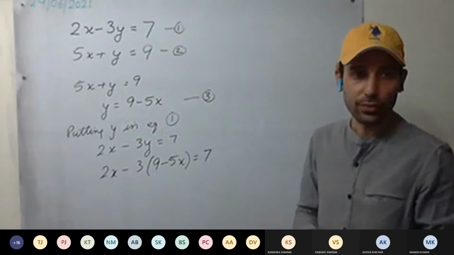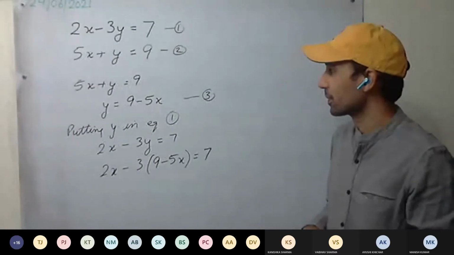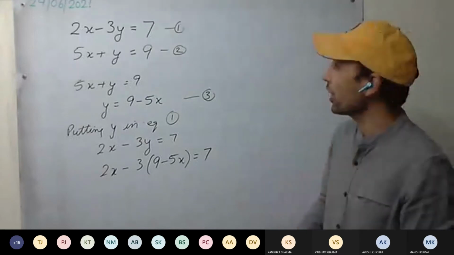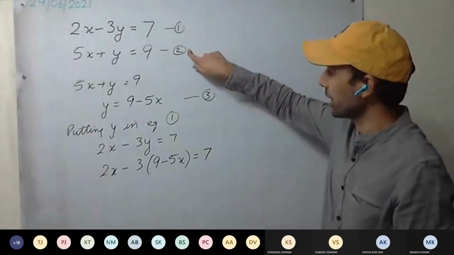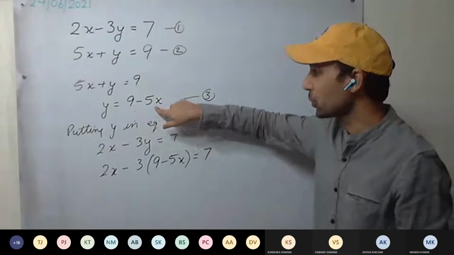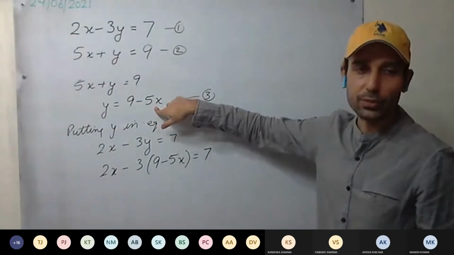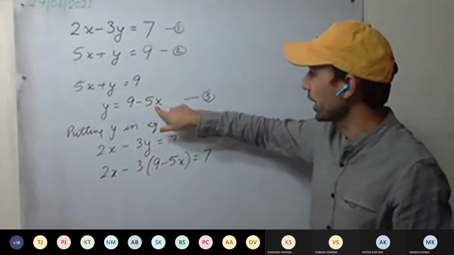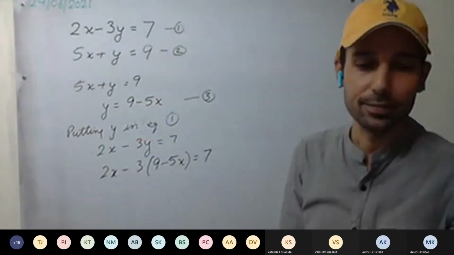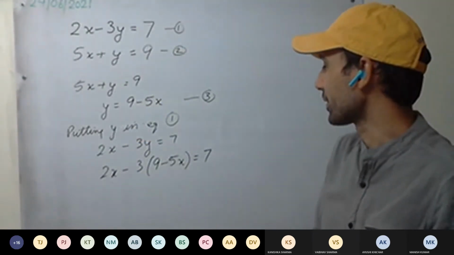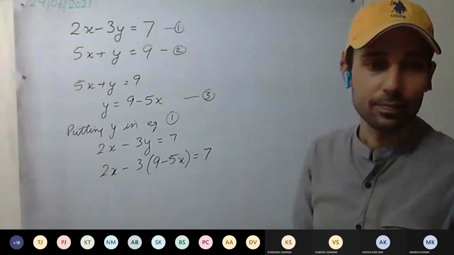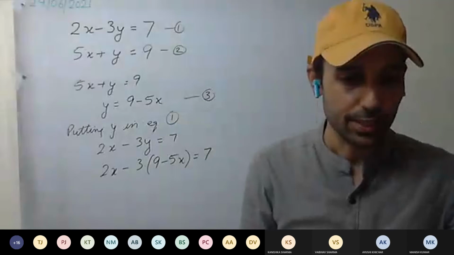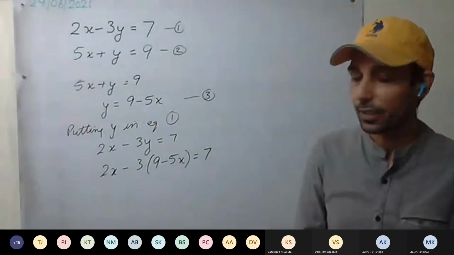Now how to get the value of y? In which equation we can put? So see here, to calculate the value of y, either you put in first, either in second, or in third. It's better to put in third, more easy to solve. So y equal to 3, x is 2, so 10. Y will be how much? Minus, how much you are getting? Minus 1. Minus 1. Okay. This question is clear to everyone.